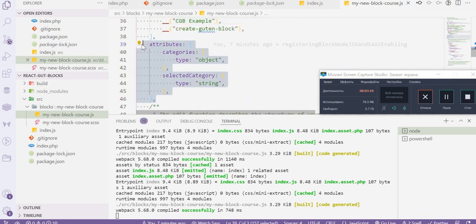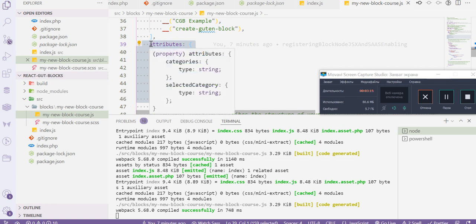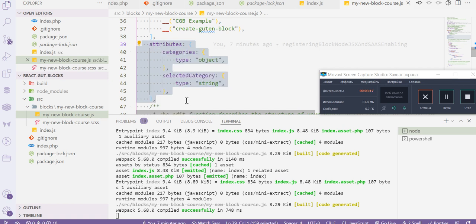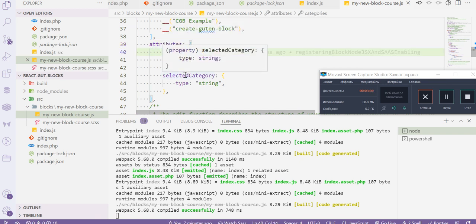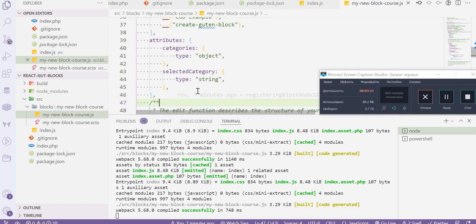Although we could avoid this, but it wouldn't be saved in attributes. It would set attributes for 1 second, I guess, and then in the next section we won't have neither categories or selected categories. Well,